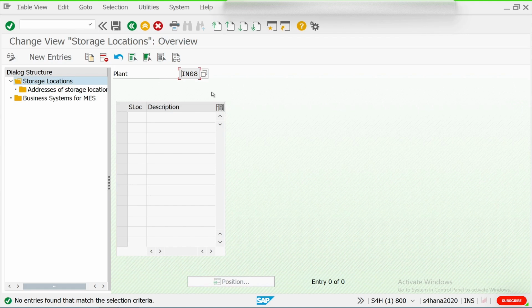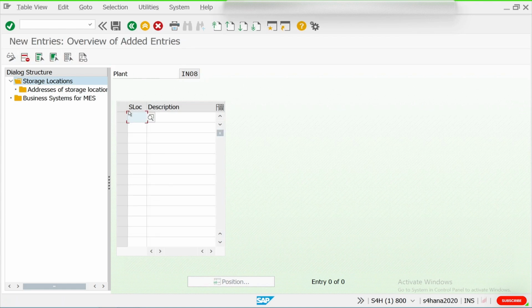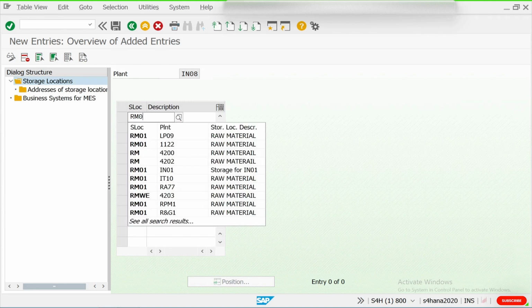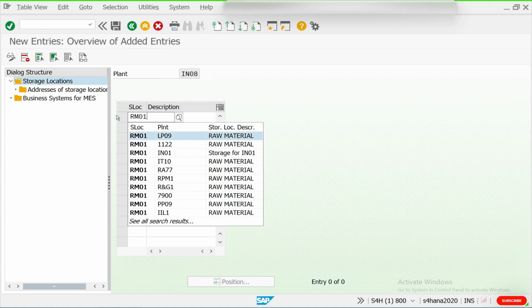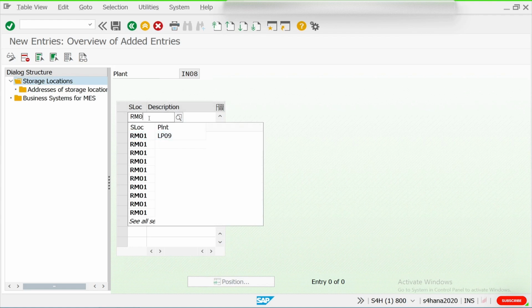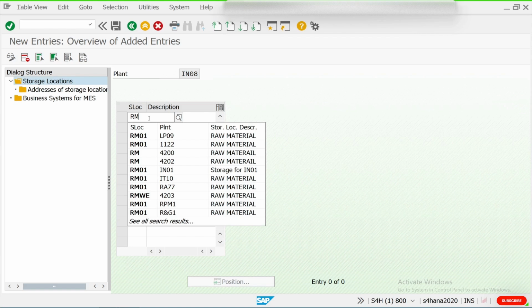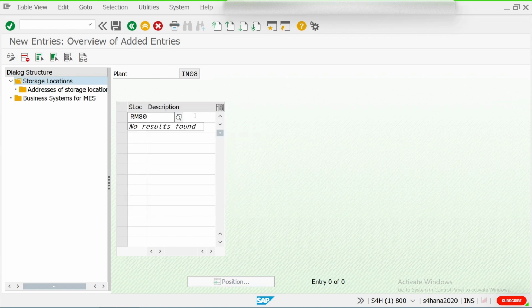Okay, so we can give some categories. Click on new entries. You can create, for example, we are having raw material 01 we can give. Okay, it is already there. Let me give raw material 80, and raw material we can write, and we are having semi-finished stock 80,